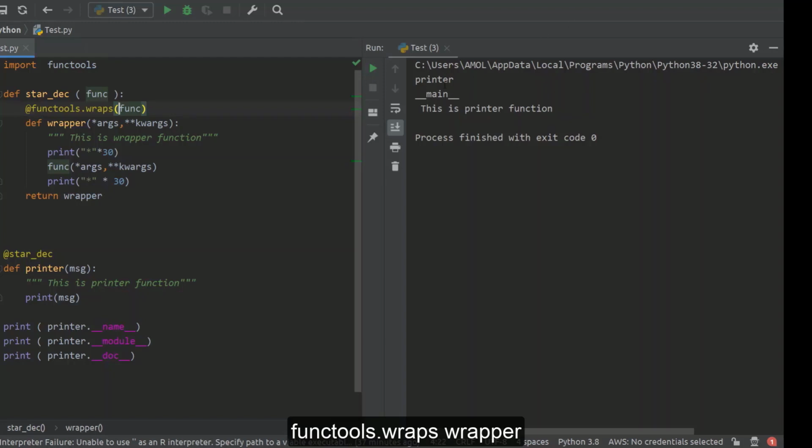It is printing the name as printer, and even the docstring of printer only. So by calling wraps from functools, we can create the identity of the printer function separately. It is always better, whenever you are writing any decorator, to invoke this wraps first and create the identity of your original function.